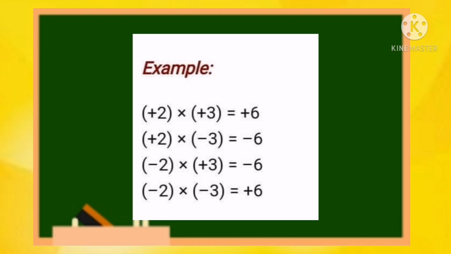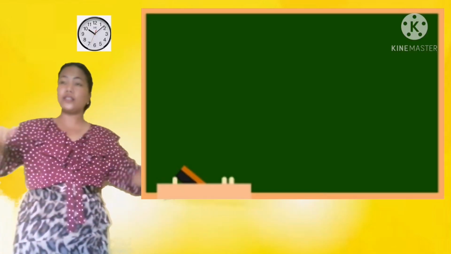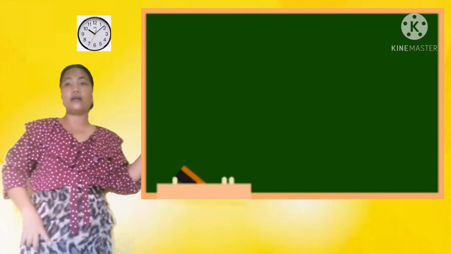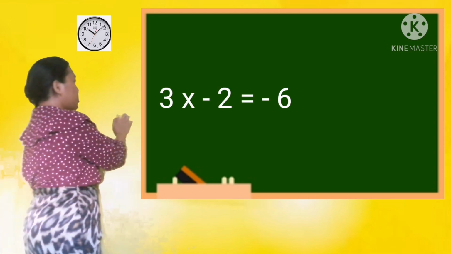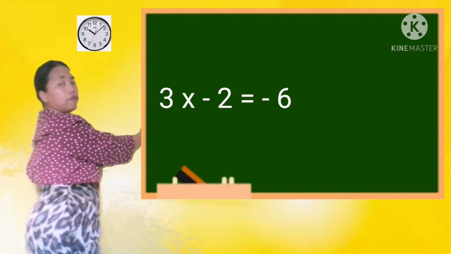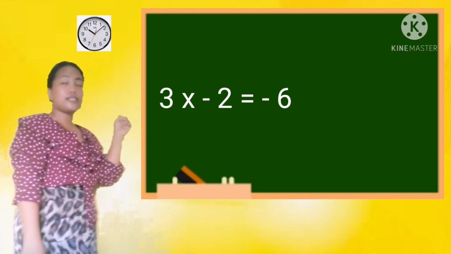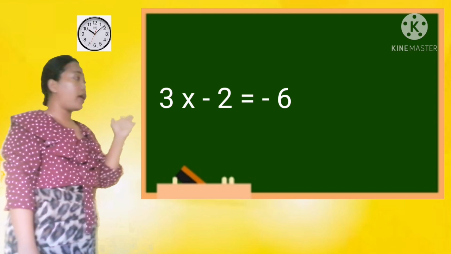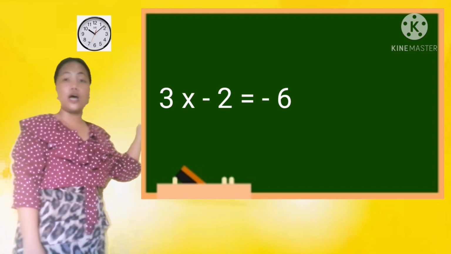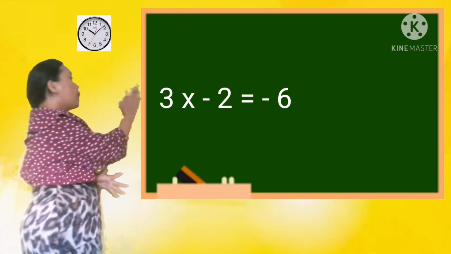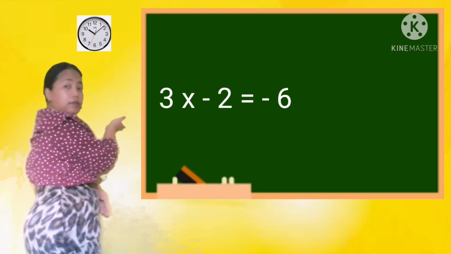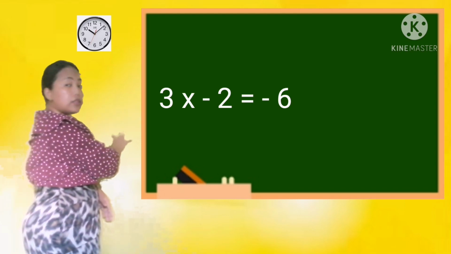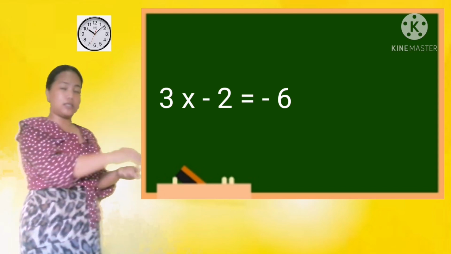So it is very clear that those who have unlike signs are negative, and those who have like signs, the product is positive. Okay? You want another example? Alright, now we have 3 times negative 2. In this case, positive comes first, and then the negative. Now, we will get the absolute value, multiply it, and then affix the negative